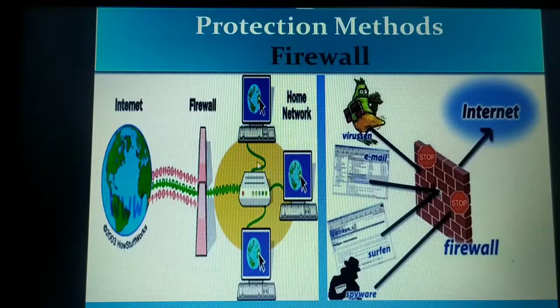Now we said that nowadays all the data is in the form of digital signals, that is, in the form of zeros and ones. Now as your packet reaches the firewall, what it does is check each message entering or leaving the network. All those messages will be examined by this firewall.